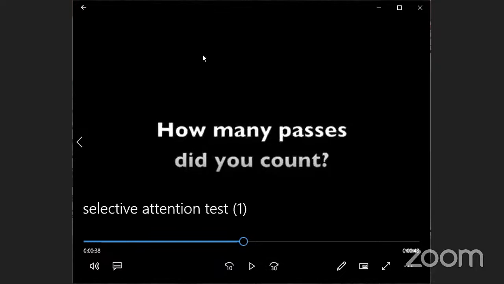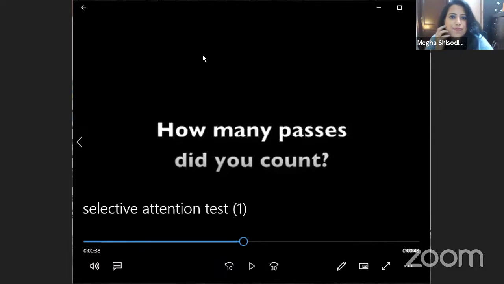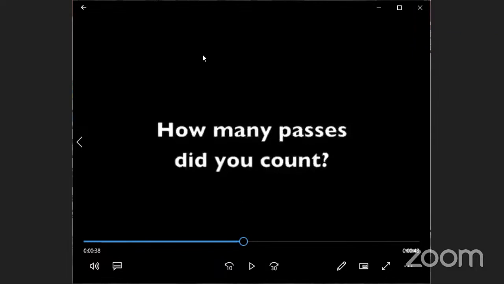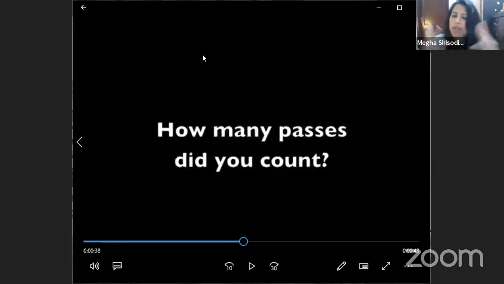Write in chat, quickly. 12, 9, 12, 13, 11, 12, 15. Keep writing. Come on, be quick, guys. Fashion students, design students, they have to be the quickest.